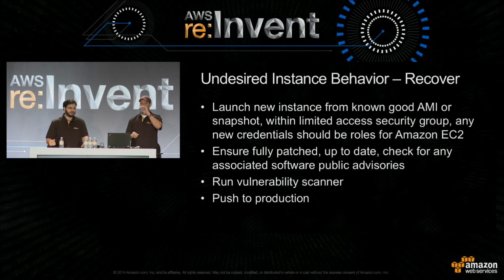And the time that you get to configure roles for EC2 is when you're launching a new instance. So this is the easiest point in time to launch the new instance with a role. And by running it under a role, you ensure that you get a separate auditable identity for that instance, separate credentials that get rotated frequently. And you may be in the situation now where the credentials that were on this instance were also on other instances, and now you have to go update them all over the place. Save yourself the hassle there.